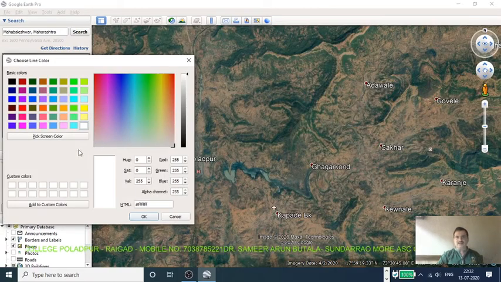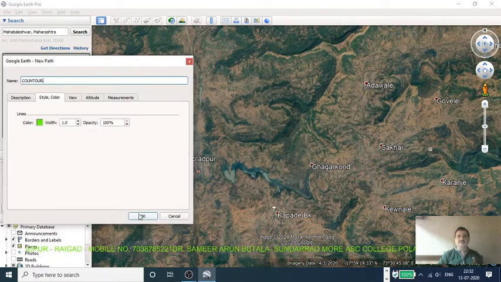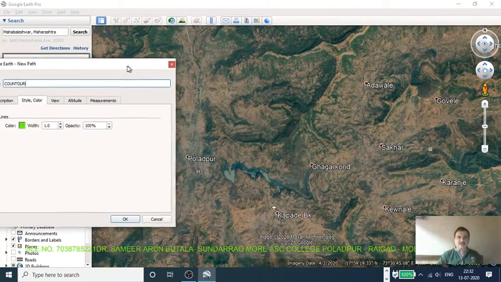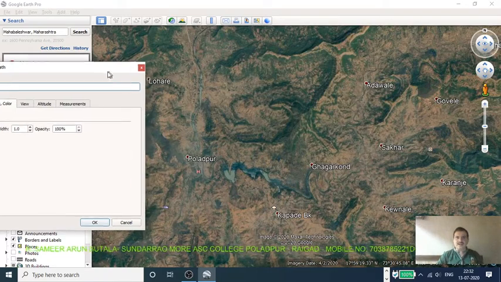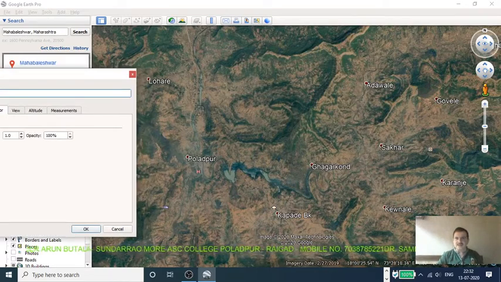Then the cursor turns into a block style, and I drag this window into a corner. Suppose here is the river basin, and this map is near Polatpur, Kapada and Lohare.